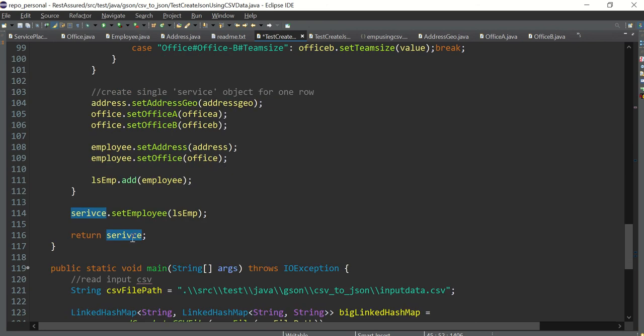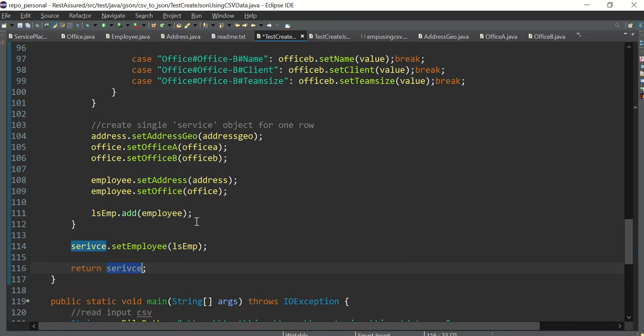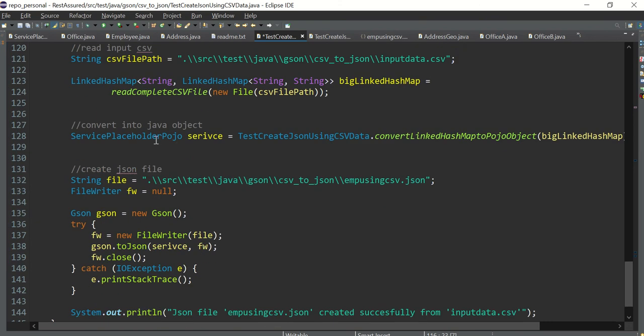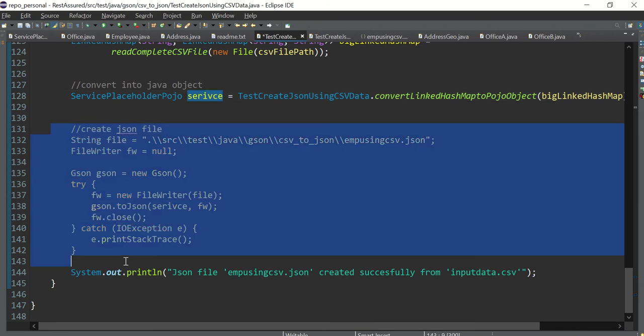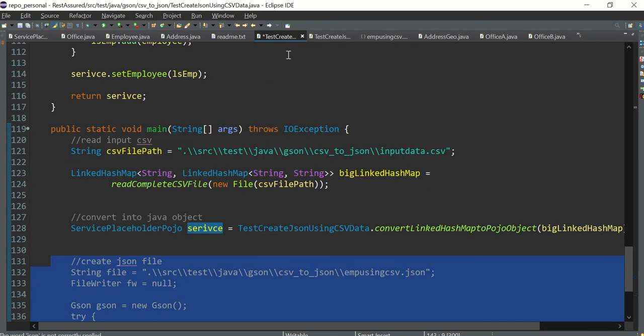It's getting too much, right? Too hectic, but just go through the code again and again, go through the video again and again, and I hope you will be able to understand. So now I will return this particular object, and after that what we need to do is just simply print it.